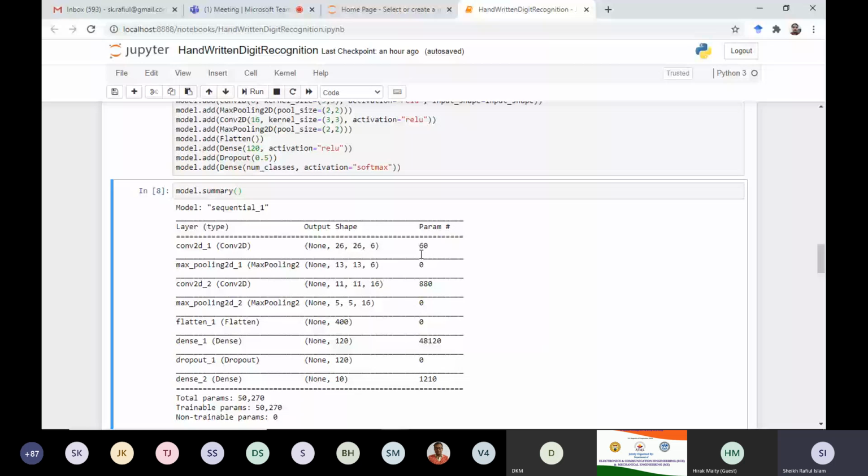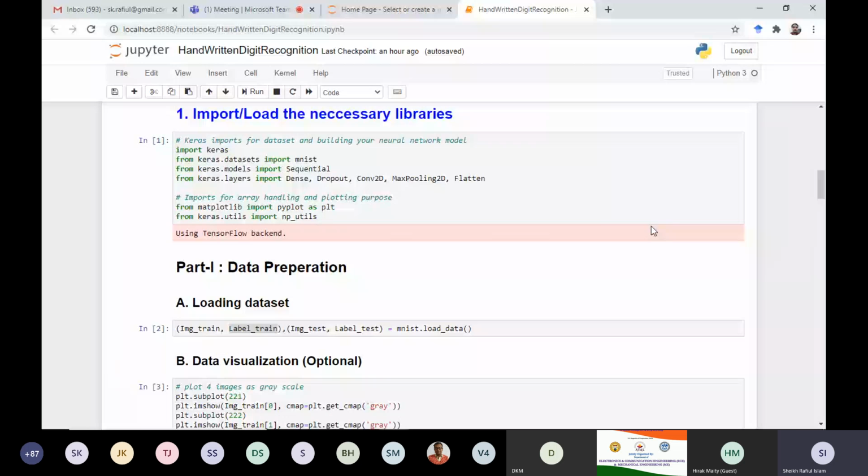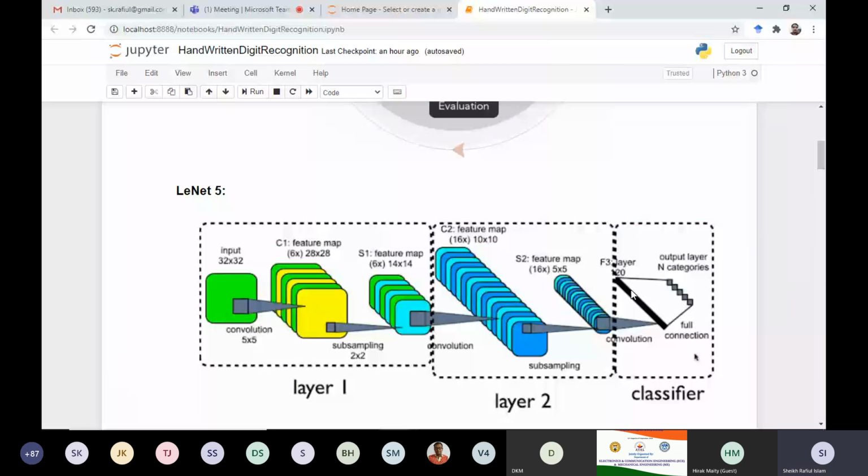For the dense layer, it is basically the multiplication of this 122 with the dimension of this features map. If you consider that, it is 16 cross 5 cross 5 for that case, but for our case, I think 16 we have used.